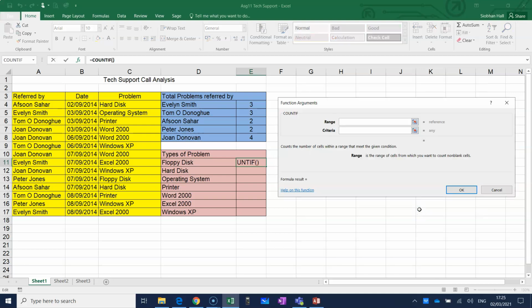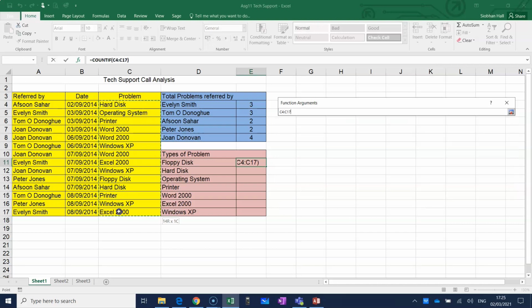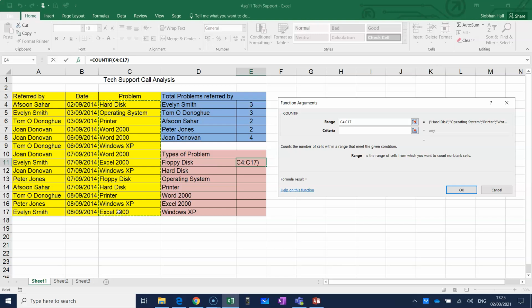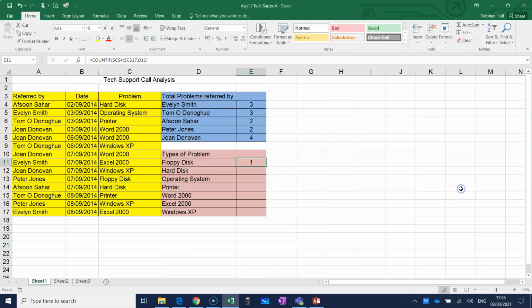The range in this case will be the list of problems, which is from C4 to C17, but we need dollar signs on all of that. And the criteria is, again, as I said, usually the criteria is beside where you're typing. So it's D11, and that will not be absolute. And then we copy that down,